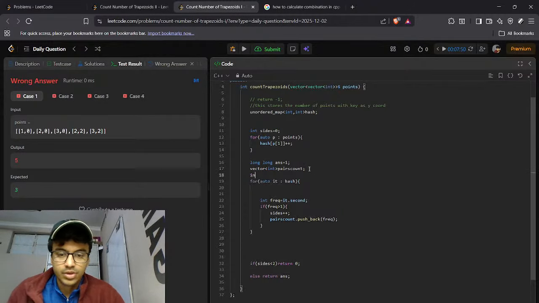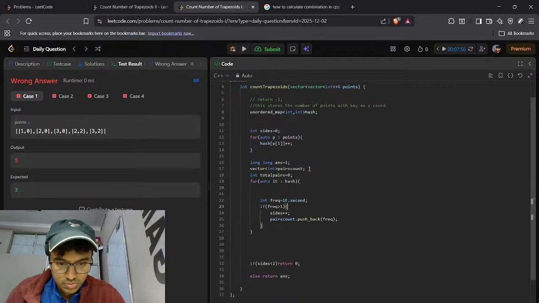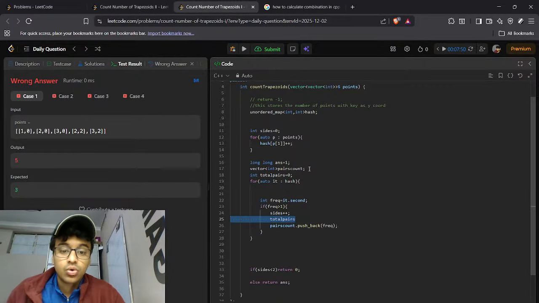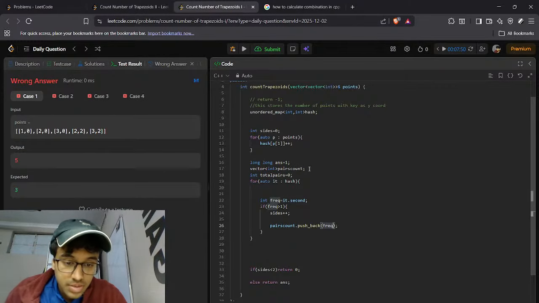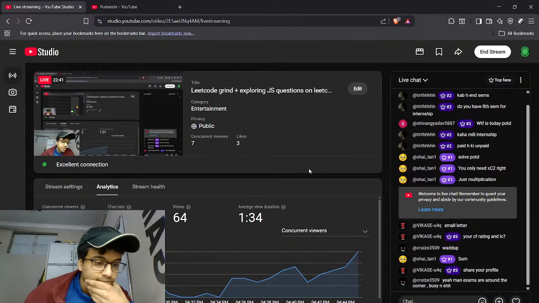हाँ, int total pairs equals to 0. Total pairs, नो नो नो, फ्रीक्वेंसी थोड़ी पुश बैक करूंगा तो पेयर करूंगा ना. हम्म,